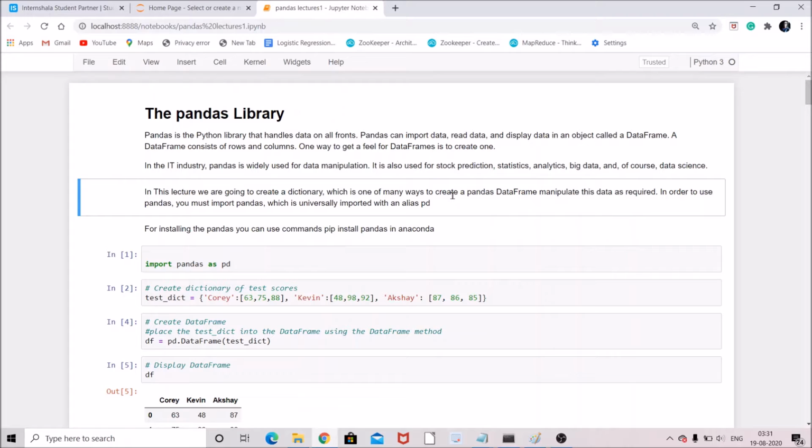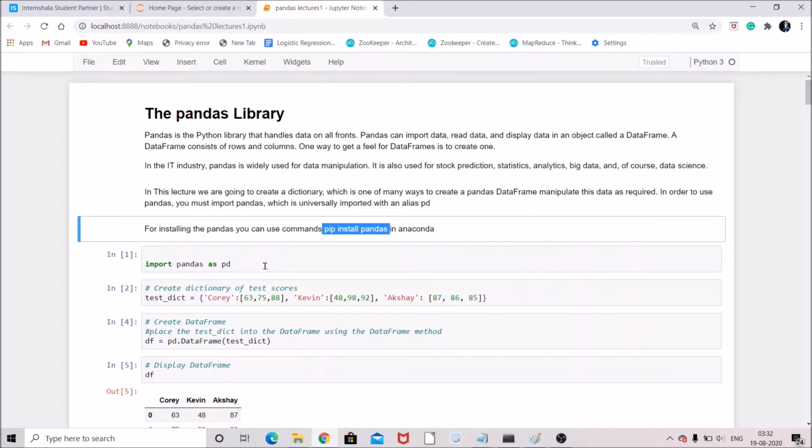To use pandas you must import it, universally with the alias pd. You can use a different alias as well. For installing pandas you can use a command like pip install pandas, or use Anaconda.